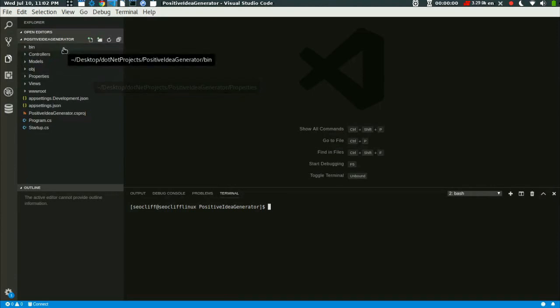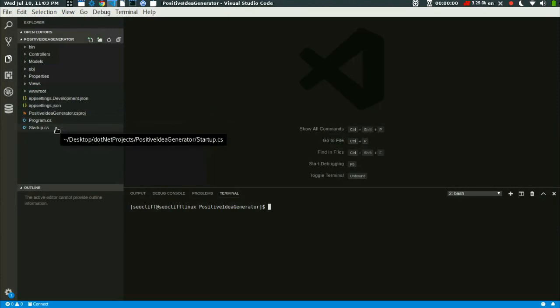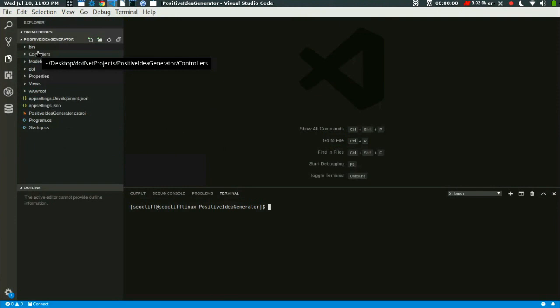You see there's a bin folder, a controller folder, a model folder, obj, properties, views, wwwroot, appsettings.Development.json, appsettings.json, the project .csproj file, Program.cs, and Startup.cs. If I explain it very quickly, the controller folder consists of everything that handles all traffic. It tells what to send to the browser and what to get from the browser. It controls the logic of where to get things and where to send things. And the model folder consists of